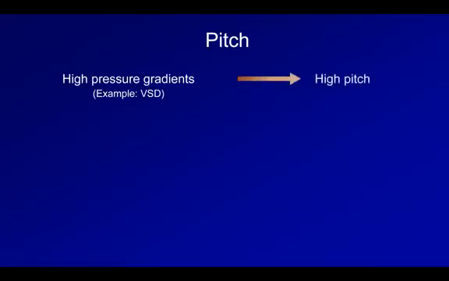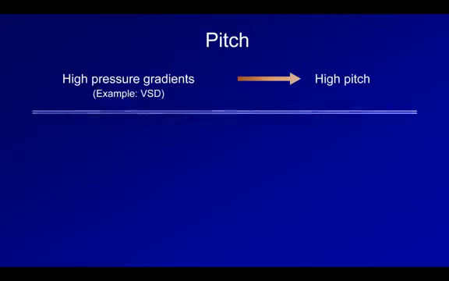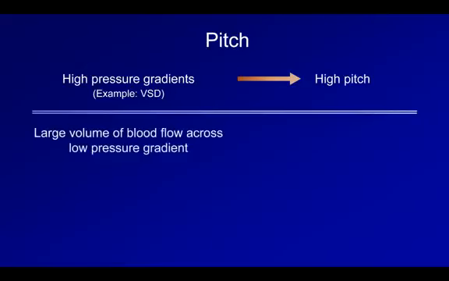The next characteristic to discuss is pitch. The pitch of a murmur is most directly related to two factors. First, high pressure gradients, such as a VSD, tend to produce high-pitched murmurs. Second, large volumes of blood flow across low pressure gradients, such as that in mitral stenosis, tend to produce low-pitched